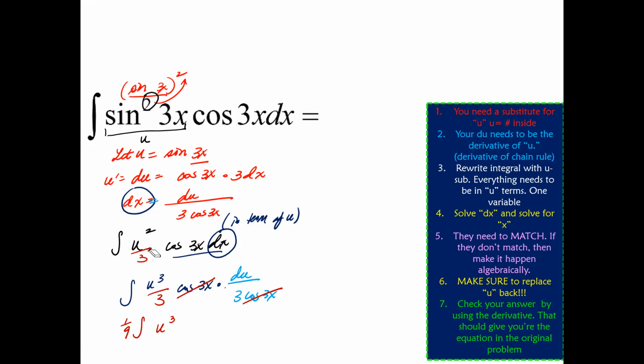No, it's not there. Sorry, I integrated before. I apologize. So actually, it's going to be 1 over 3. There you go. Sorry about that. And then you're going to go ahead and integrate this because this is in terms of du. So 3 plus 1 equals,